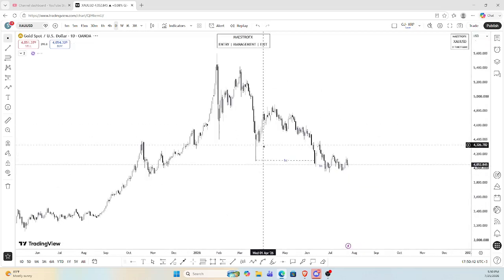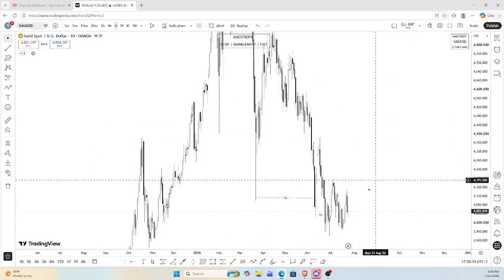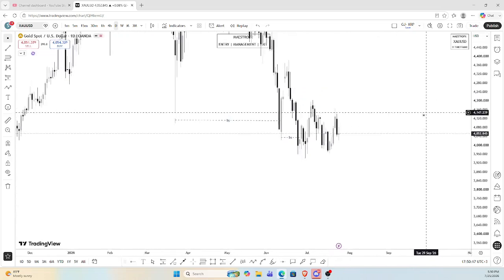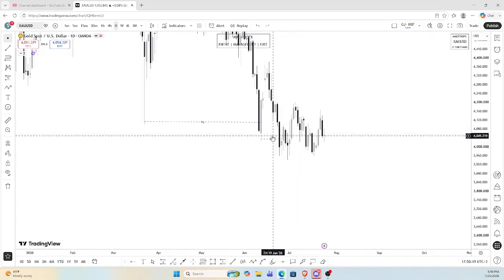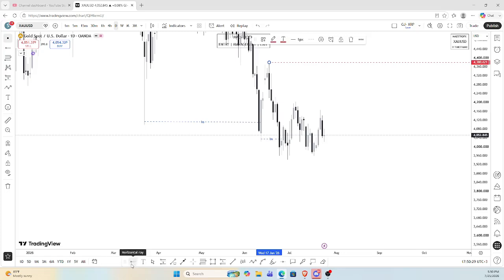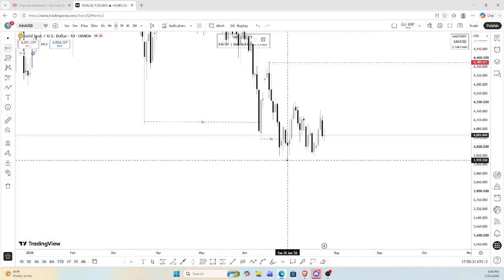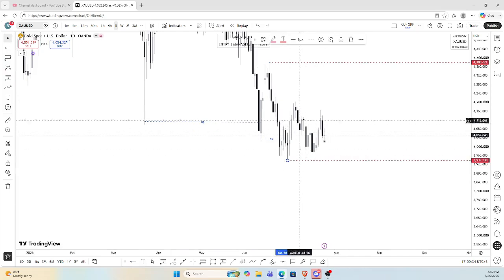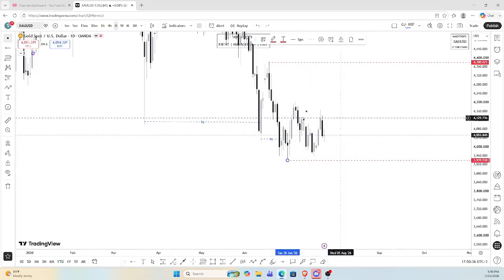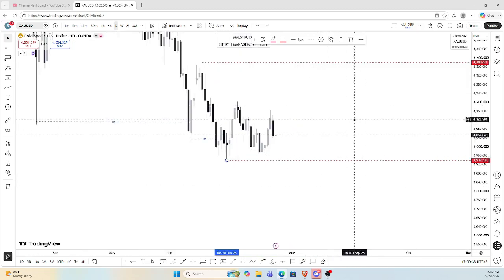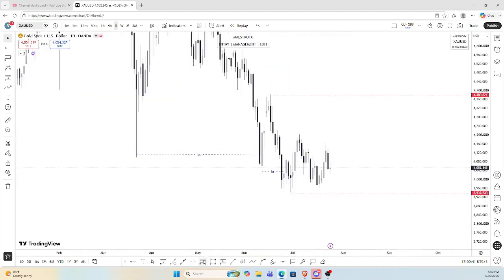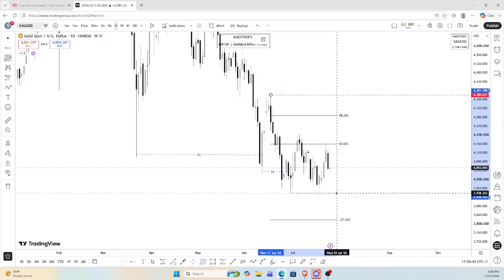As usual, we're going to start from the daily time frame, and from the daily time frame clearly we can see that this is the last break of structure to the downside, and this currently here is our swing high, and this down here is our swing low. And so whatever is happening inside here is all internal. And yes, if we plot our Fibonacci from this high to this swing low,